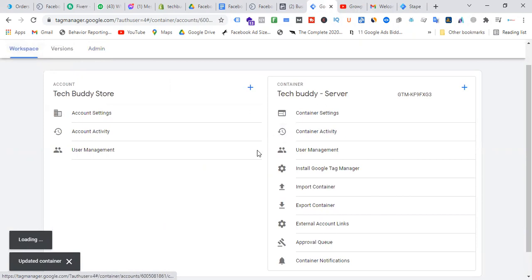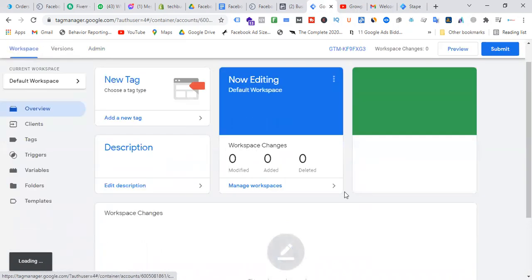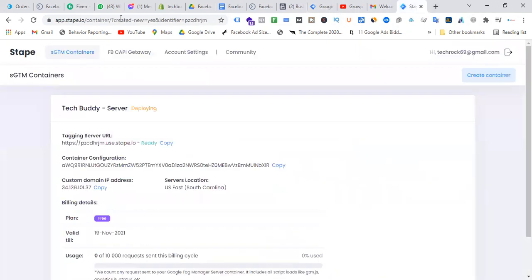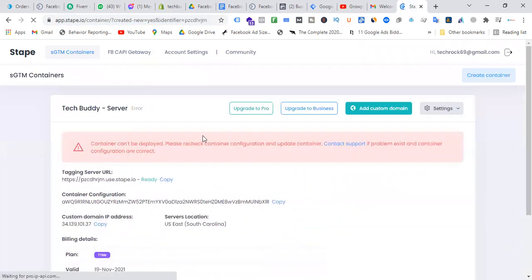So my server container is updated, and here if I refresh it, sorry, it's showing an error, but it's ready. Sometimes it can happen, it's not a problem. Just refresh it. It's just showing an error. I don't know why.